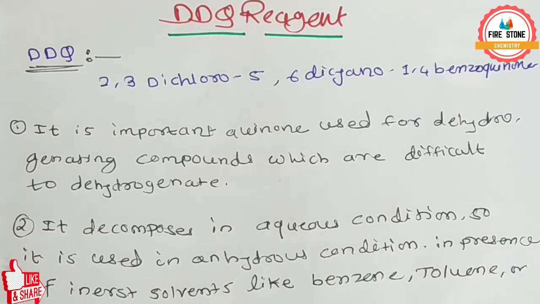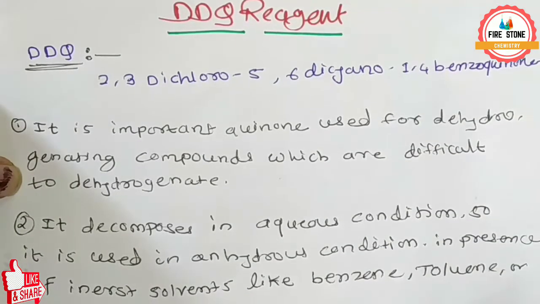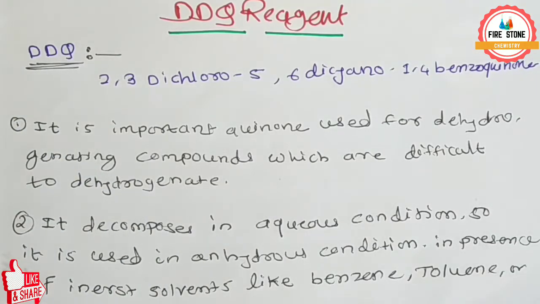In previous videos, we saw the organic reagents, which are the most important for the organic chemistry part, because all the reactions of organic chemistry are based on organic reagents. So organic reagents are the most important part for any exams like 12th Science, BSc, MSc or any competitive exam like IIT, JEE, NEET or CSIR, NET, SET exam. So today we are going to start a new reagent, that is DDQ reagent.